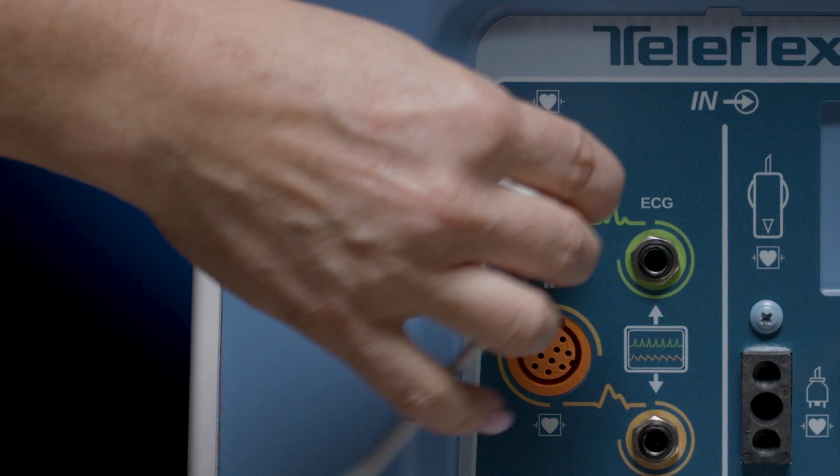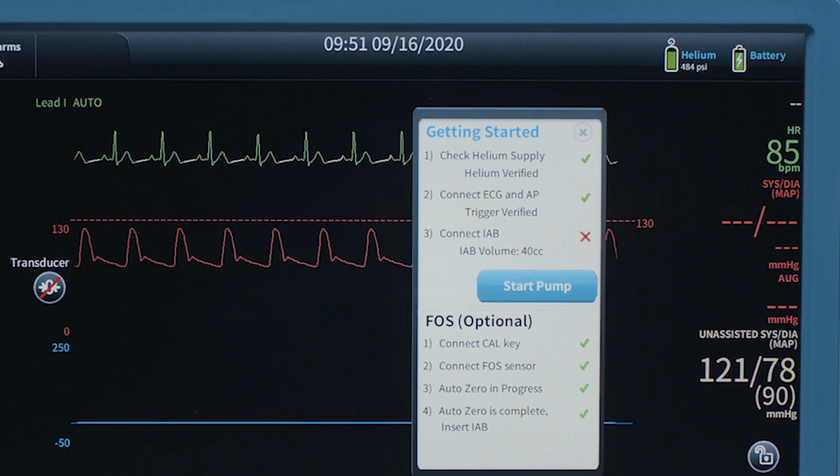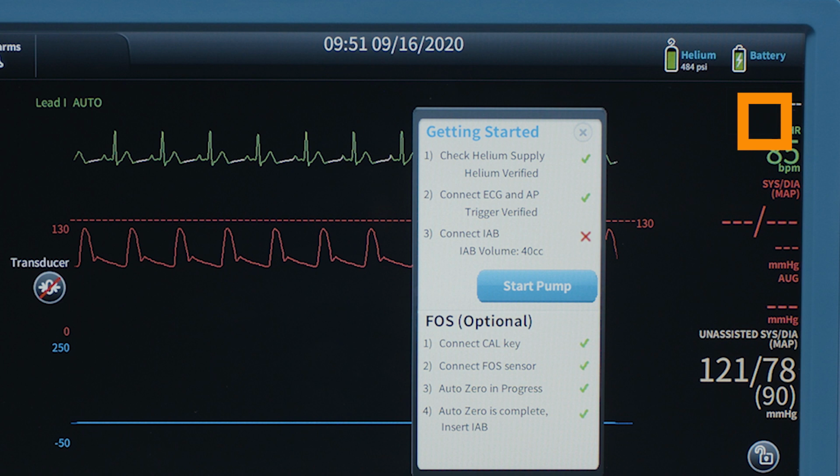Establish direct ECG connection via chest electrodes. For consistent triggering, it is important to verify the ECG signal is adequate. White overlays on the ECG trace and a red heart symbol icon flashing with each heartbeat indicates the presence of